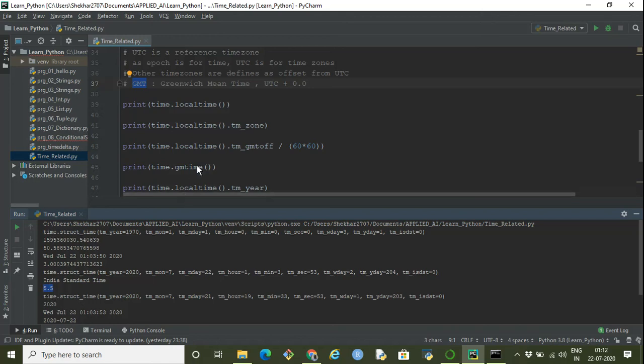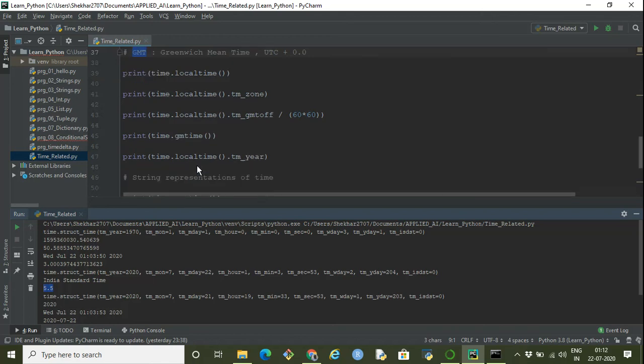Again, we have already seen time dot gmtime. If we are not passing anything to it, then it will give the current time of the GMT time zone, whatever the current time is in GMT.